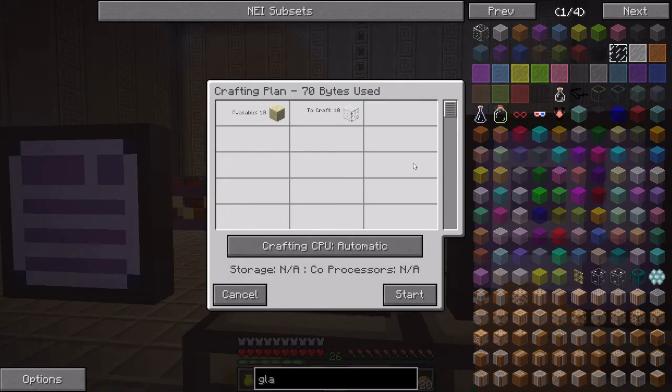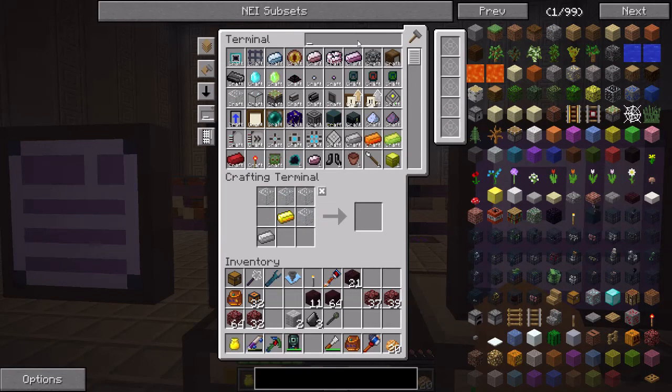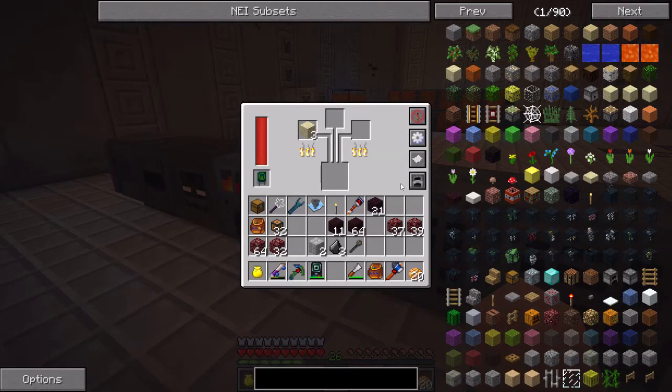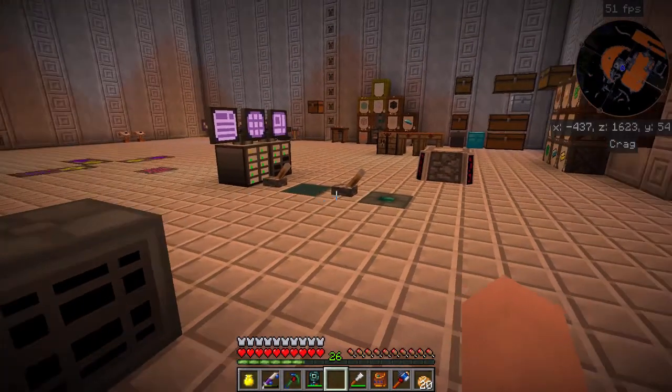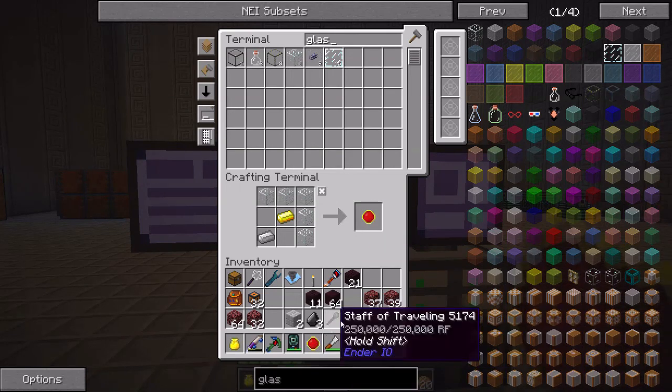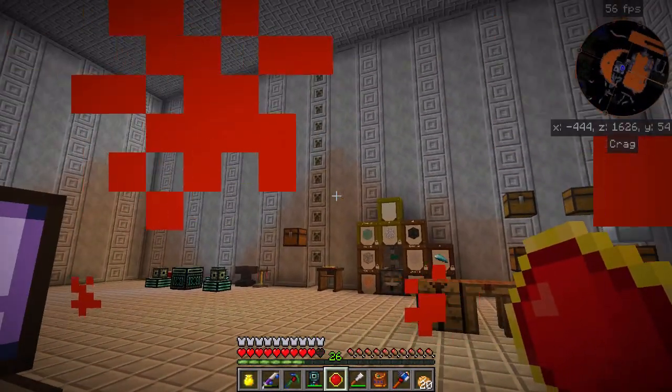I really need to do something about the glass situation. And I have tied up all of my furnaces over here, but it does look like I have one available. There we go. And there is my sacrificial orb. I think I have to...